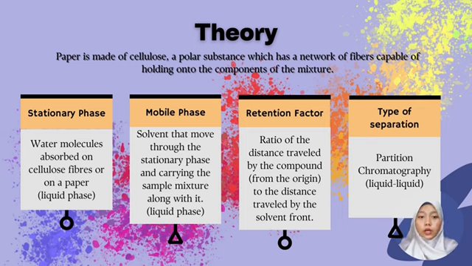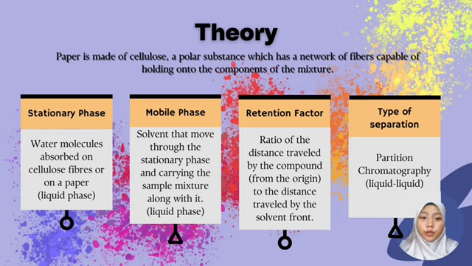In paper chromatography, the stationary phase is a piece of specialized paper, often filter paper or chromatography paper. This paper is usually made of cellulose, which has a network of fibers capable of holding onto the components of the mixture. After that, the mobile phase is a solvent or a mixture of solvents that moves through the stationary phase, carrying the sample mixture along with it. The choice of solvent is crucial as it determines how the components of the mixture interact with the paper and